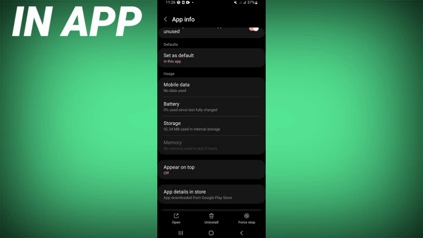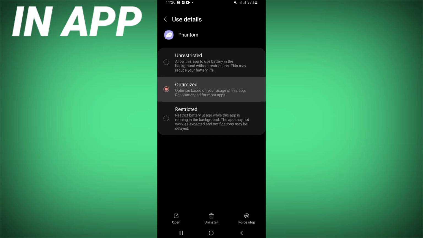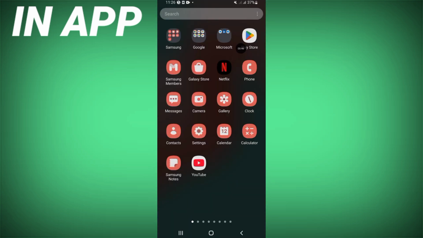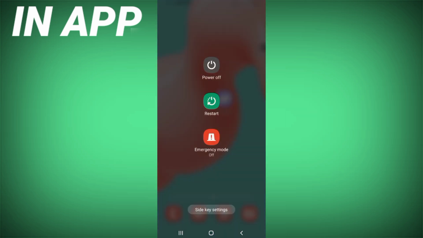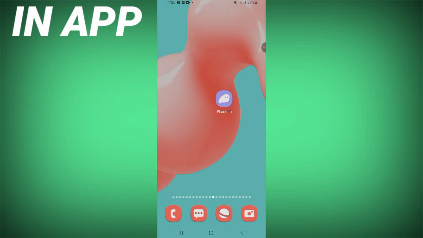Now check your battery that is enabled on optimized mode. After checking this, go to Play Store or App Store and here try to update Phantom app. After updating Phantom app, you have to restart your device, and if it doesn't work, you have to uninstall your application and install it again, and I hope it will work with you and your